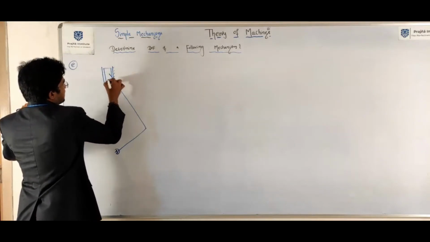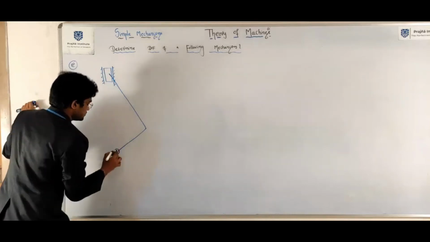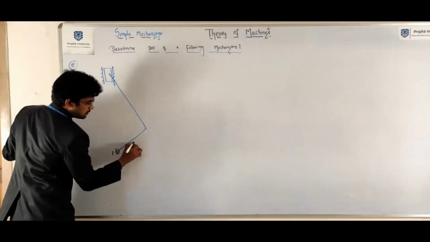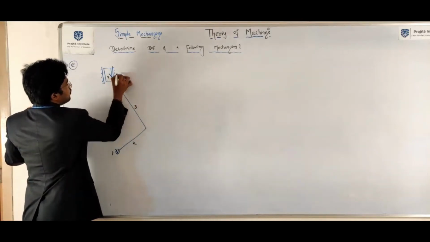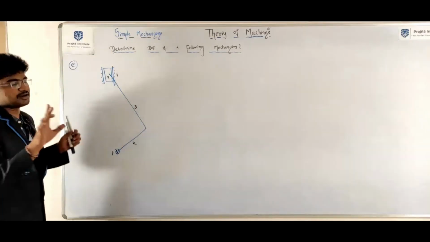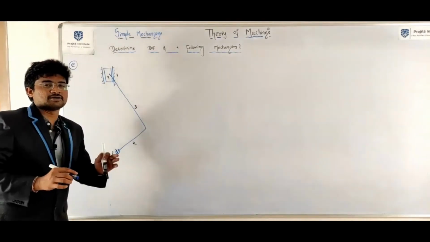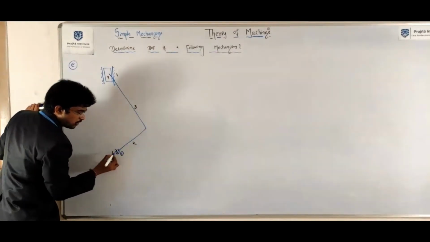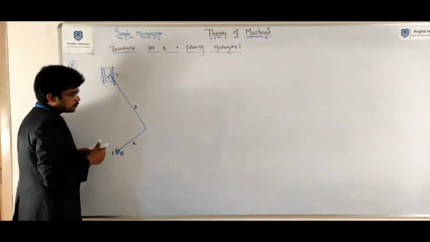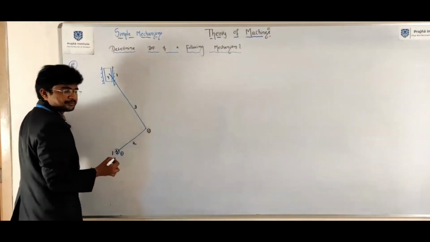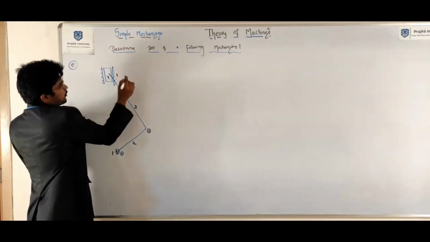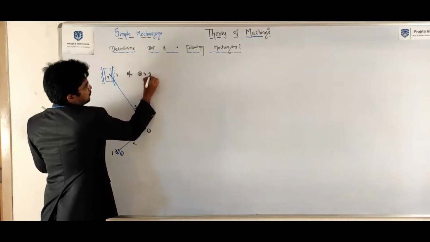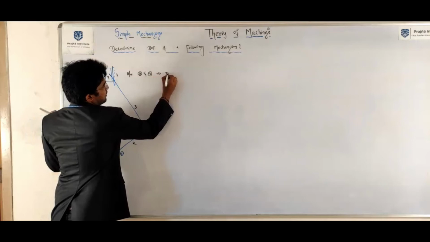It is a slider crank mechanism. So tell me, here it is 1, 2, 3, 4, 1. It is very important. When you get a slider, just take care of taking the number of lower pairs. So between 1 and 2, one lower pair. Between 2 and 3, another lower pair. Here, between link 3 and 4, turning pair,